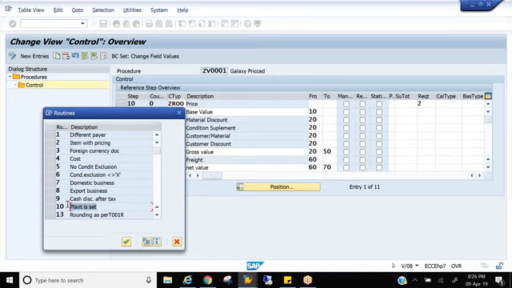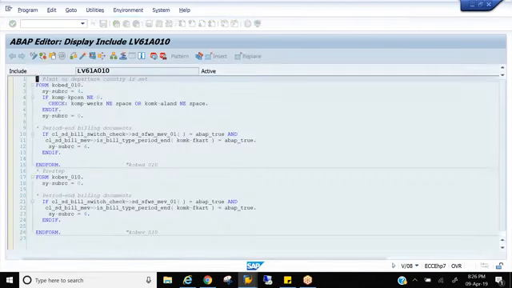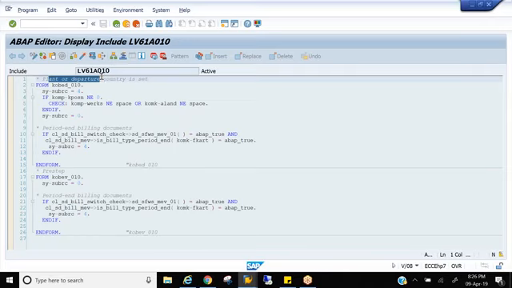10, for a tax, it will check whether the plant is assigned to company code or not. So to perform tax, the plant should always be assigned to company code. So plant or departure country is set. That means whether it is assigned or not, that's what it's checking. You can see the table levels, at least WERKS and BUKRS. It's a logic, but at least you can see the fields.